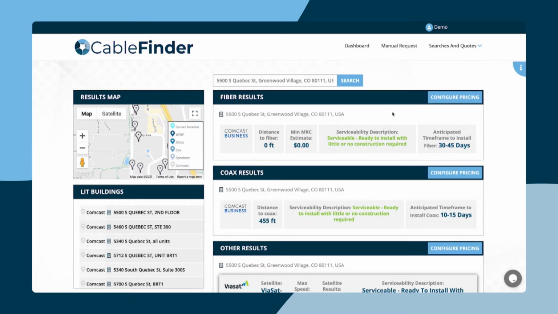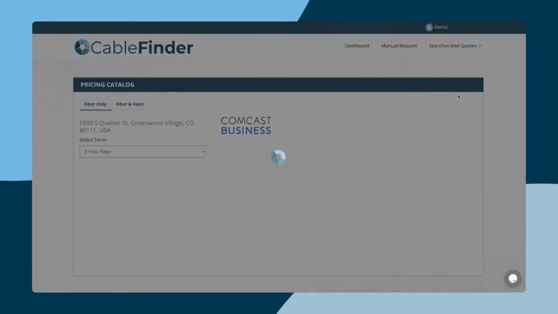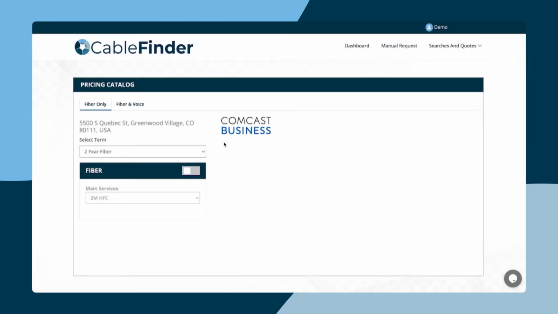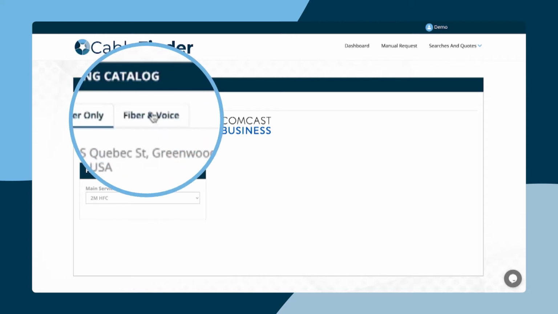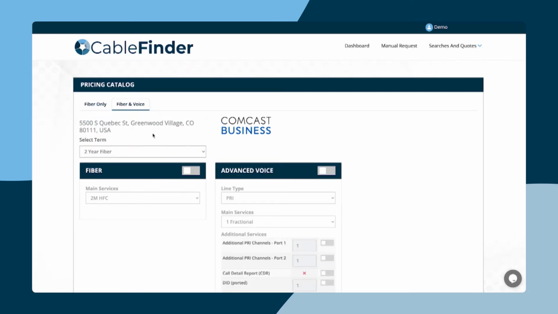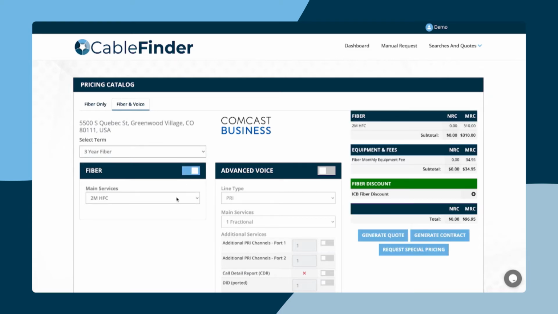To price fiber services, click on the Configure Pricing button. If you are only looking for fiber services, stay on this page, or you can click on the Fiber and Voice tab to view advanced voice offerings. Select your term and click the button next to the products and services you would like to add to your